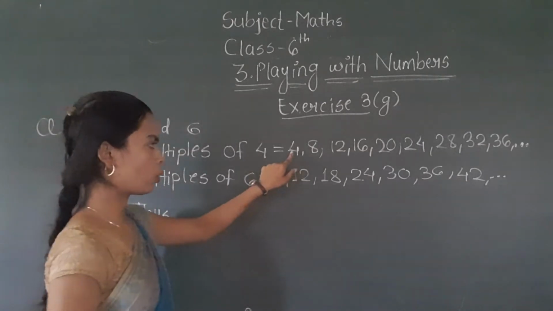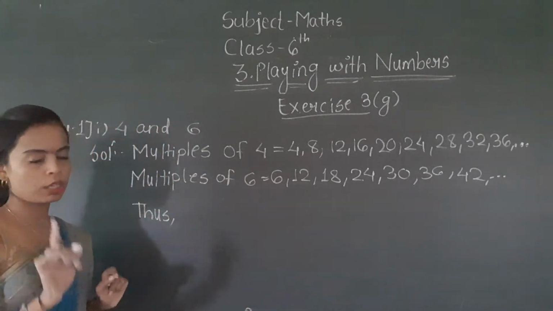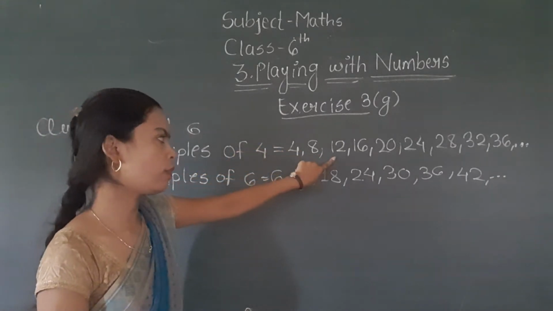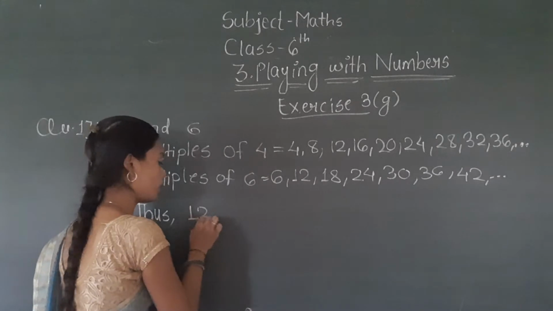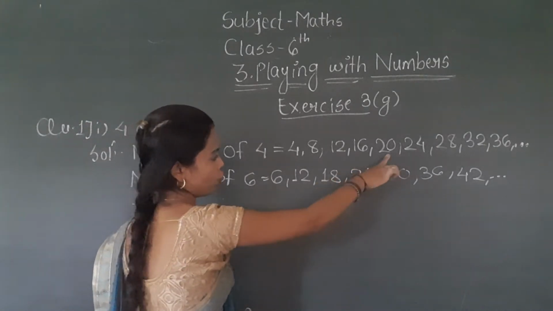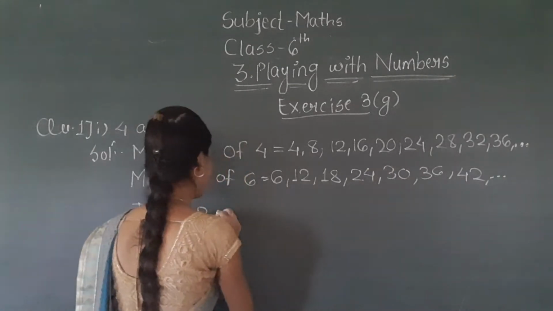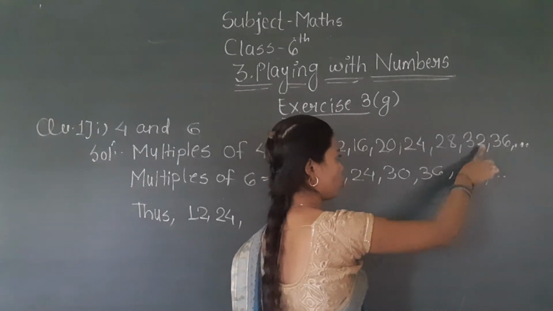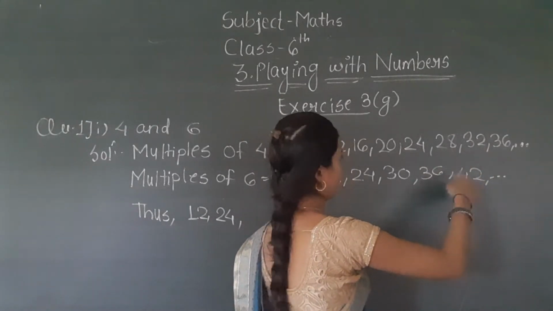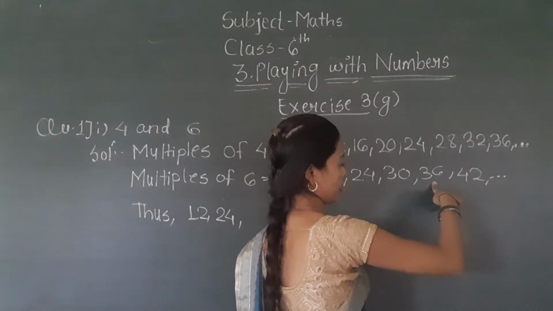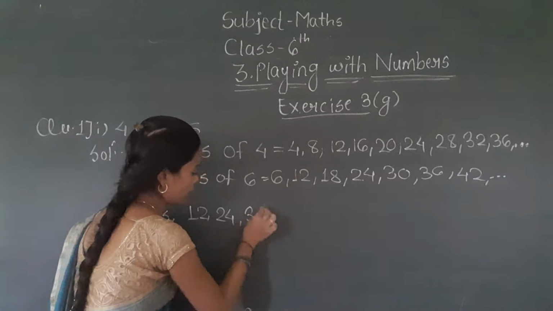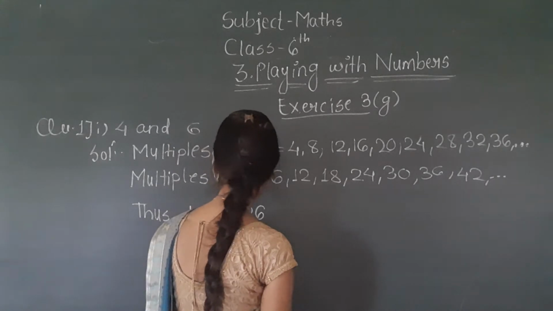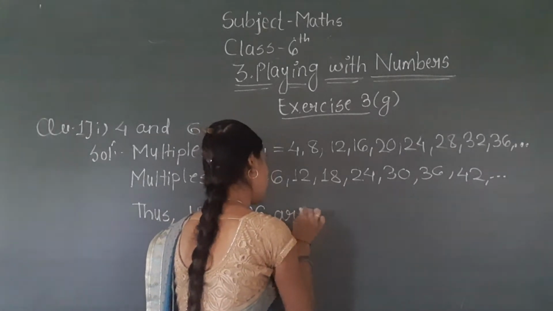Look, take the smaller number, the multiples of the smallest number, and tally them. Okay, check 4, is it below? No. 8 no. 12 yes, 12 is there, so write it here 12. After 12, 16 is not there in this, 20 is not there, 24 is there, so we will write 24 here. After that 28 is not there, 32 is not there, 36 yes, 36 is there, so we will write 36 here. Okay, so 1 2 3.